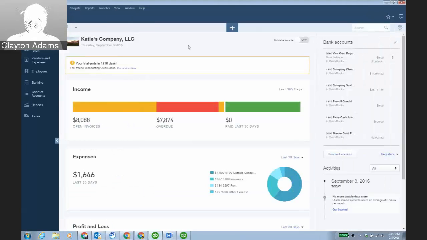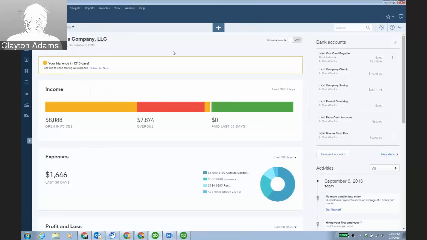So I'm in Katie's company, right? I'm in through QBOA. I have my toolbox and everything like that. I have the left-hand panel, the plus sign, and the gear icon, just like anything else. I have the same home page as if I was in through Google Chrome or Firefox. However, I can shrink this left-hand panel down to get more real estate, and I can use the actual drop-down menus. So under Create, and we have like 100 keyboard shortcuts if you're really used to that with desktop, though